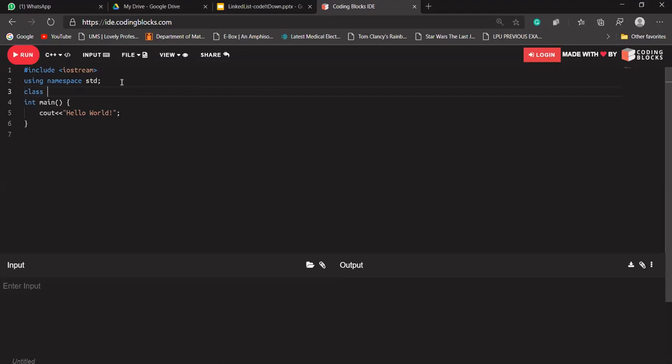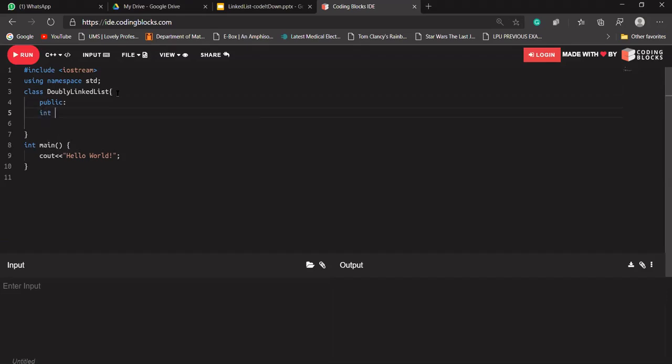So let's name our class node only. Let's call it doubly linked list instead of node. You can give any name to it. So our class name would be doubly linked list, and it will have data members. Those will be public because we will be using them outside of this class.